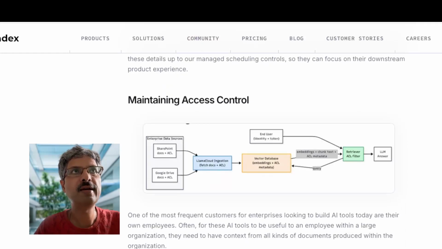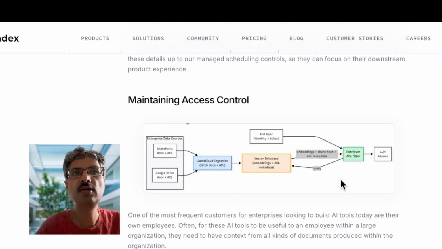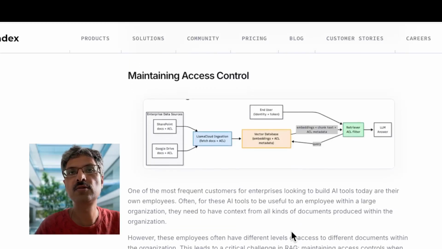The other issue is access control. Usually, if you're doing RAG for a specific or an open database, you don't face the issue of access control. But in enterprises, each subset of the databases has access. Some users are allowed to access them, but others are not. So the access control percolates through the whole pipeline, all the way from ingestion, where the documents come in with access control information, to embeddings. Each chunk has ACL data, and the retrieval query also has the ACL from the user, which filters during the search. You look up the vector embeddings corresponding to the